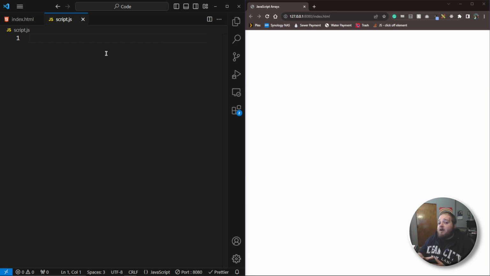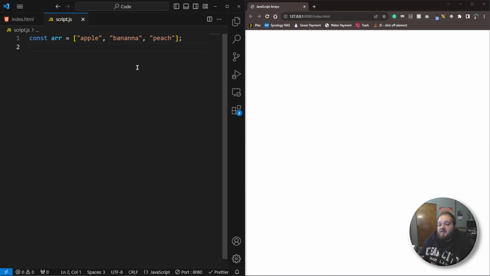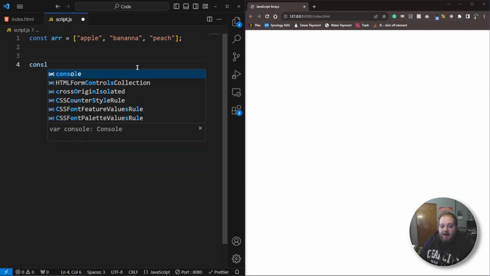So let's go ahead and create our very first array. The way that we're going to do this is I'm going to save the array inside of a variable. So let's go ahead and create our variable array, and we're going to set it equal to an empty array, and we can do that using these square brackets. And inside of these square brackets is where we're going to define all of our array items. So let's say we want to create an array with fruits. So we can say apple, and then banana, and peach. And if we save that and then console.log that,